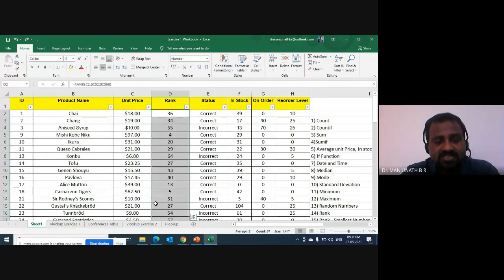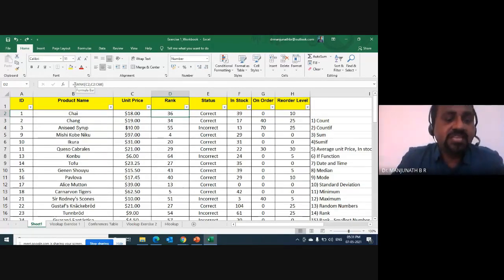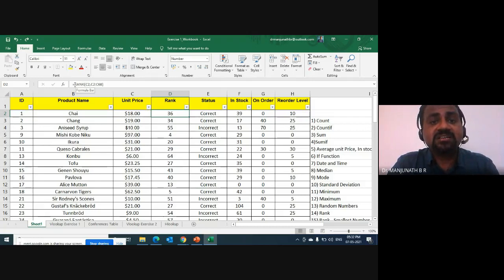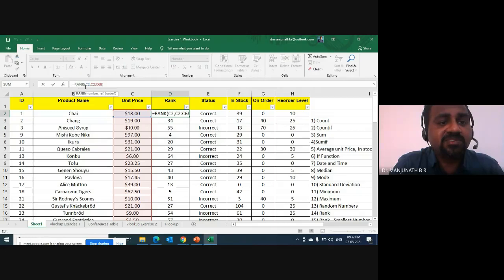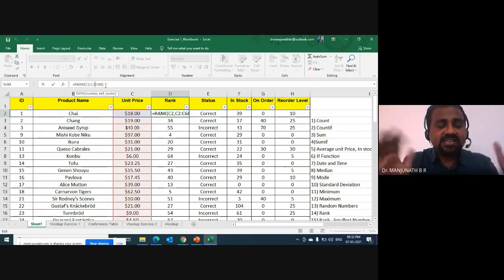Thanks a lot. Now, this is the powerful feature. Everybody, please watch here. Now, when you say rank, you see the formula bar here. First, try to understand what I'm trying to say. This is really important, which is called inserting or introducing the dollar sign. That is the technique I'm telling you now. Now, what is the importance of the dollar sign? That we need to understand. Look at my screen here, the one which I've shared. I'm in the formula bar. If you see, the formula is equal to RANK, C2 is the number and C2 to C68 is the range. Correct?